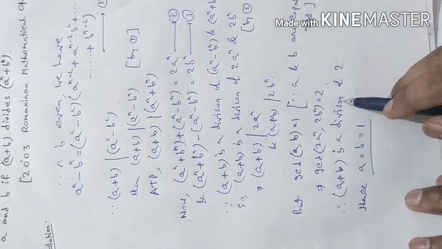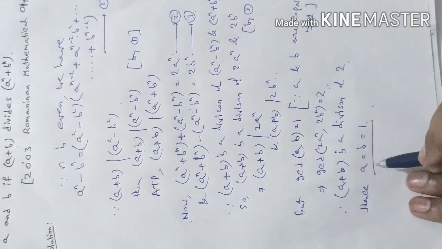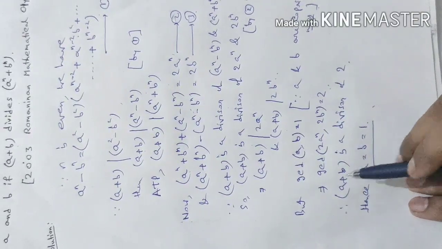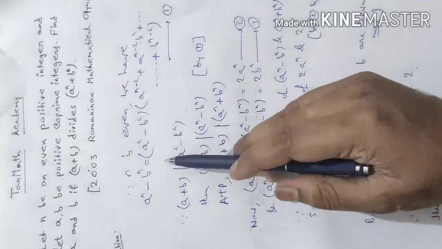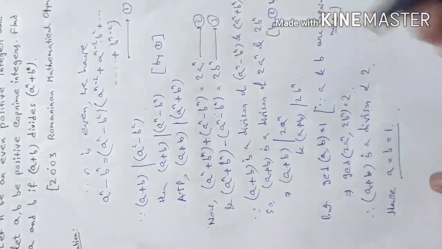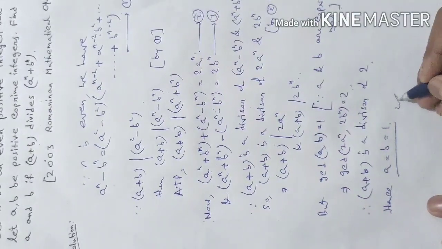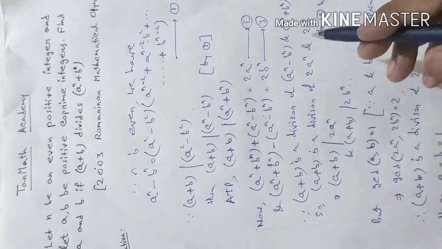Since a plus b is a divisor of 2, তাহলে এখানে কি বলতে পারি যে মিনিমাম যে কন্ডিশনটা হতে পারে, যে প্রত্যেকটা ইন্ডিভিজুয়ালি 1 হবে, আদারওয়াইজ হবে না। এন্ড এখানে বলেছিল a plus b পজিটিভ কোপ্রাইম ইন্টিজার্স। ওকে, সো দিস দ্য ভ্যালু অফ a and b, hence solve the condition.